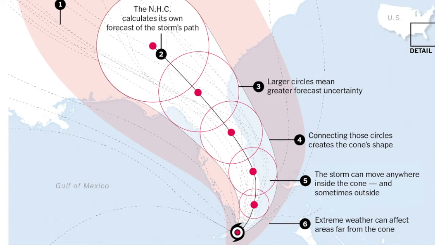What's being projected instead is that as we travel further out into the future from our current understanding, we have broader and broader distributions of uncertainty. The larger circles mean greater forecast uncertainty, and the area can change as new information becomes available, depending on what sort of information we have about past scenarios. All these dotted lines in the background are what's called a spaghetti plot. That's one way of describing